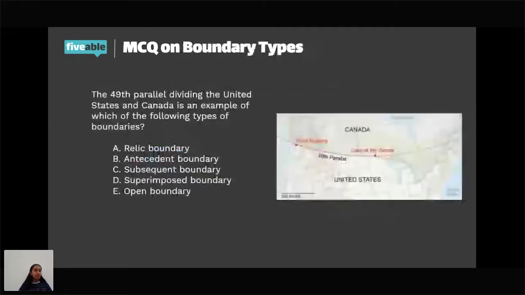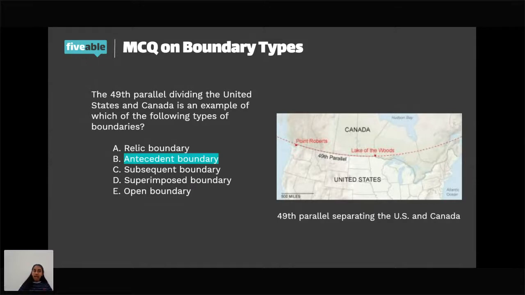The 49th parallel dividing the United States and Canada is an example of which of the following types of boundaries? A, a relic boundary, B, an antecedent boundary, C, a subsequent boundary, D, a superimposed boundary, and E, an open boundary. Okay, I'm seeing B's, a C, and a D. Okay, so it's actually B, and it's an antecedent boundary because it followed the latitude, the 49th latitude line, and